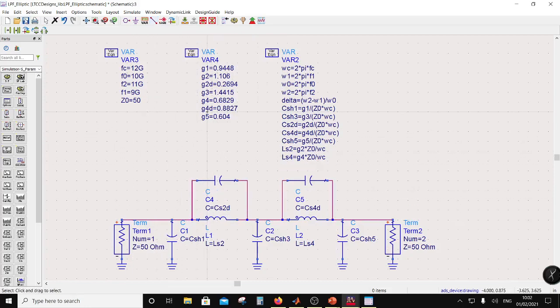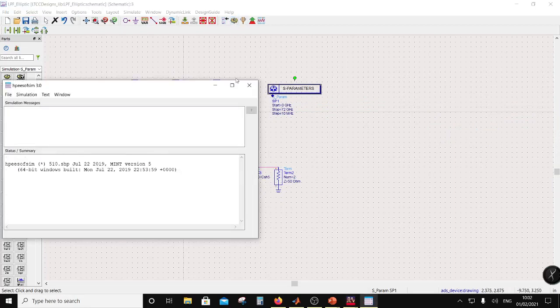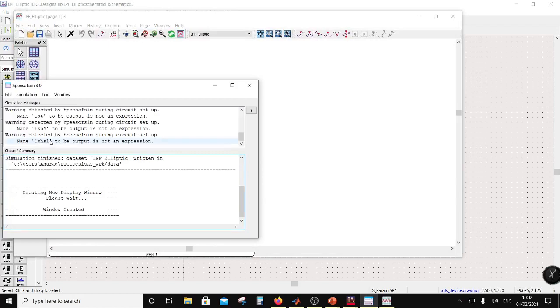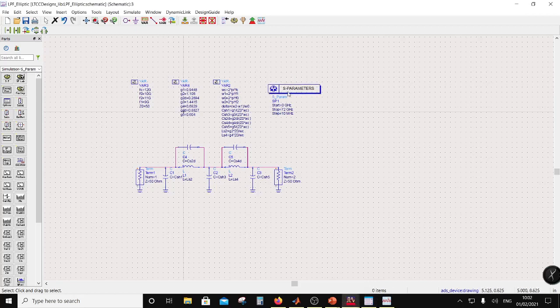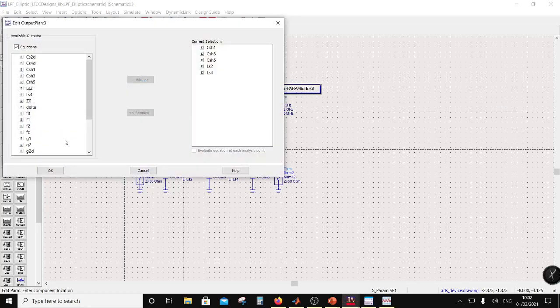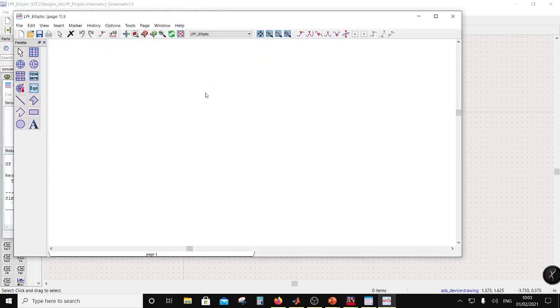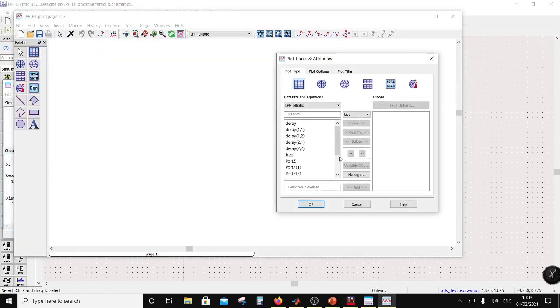Yeah, so I have an S parameter simulation here, and we'll hit simulate. Oh, LS4, CS4 to be output in an expression. Okay, so I copied this, right? So in this I had all this, right? So I am going to delete all this. So I'm going to remove. Oh, maybe it'll do only one time, right? So it'll already taken off those. Okay, so let's look at S21